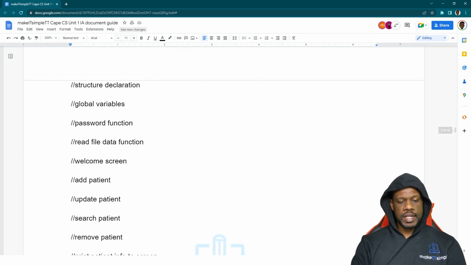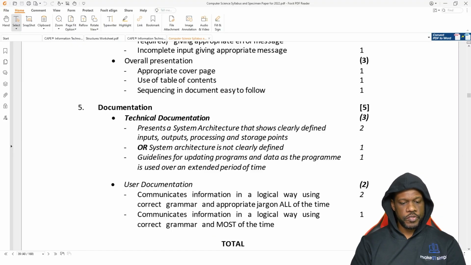Now there are two things that need to happen when you deal with the file structure. You have to understand what the patient record is going to be first, and then you're going to have to understand how you're going to read that data in. So the first thing you have to do is create a text file, because there is a full set of marks for